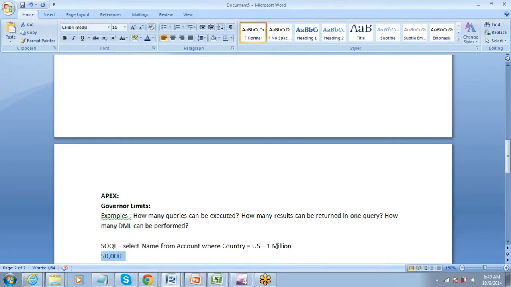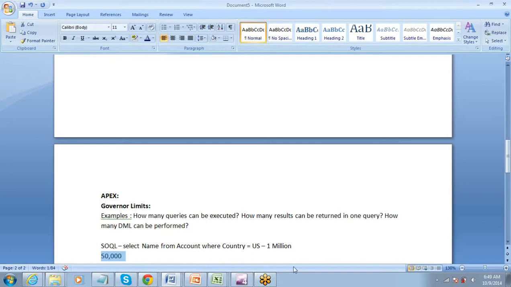So that is how it is. Salesforce has made arrangements for governor limits everywhere. Now, why do we need to understand these governor limits? We need to understand them so that we can optimize our code, or write our code in such a manner that we do not hit these governor limits.